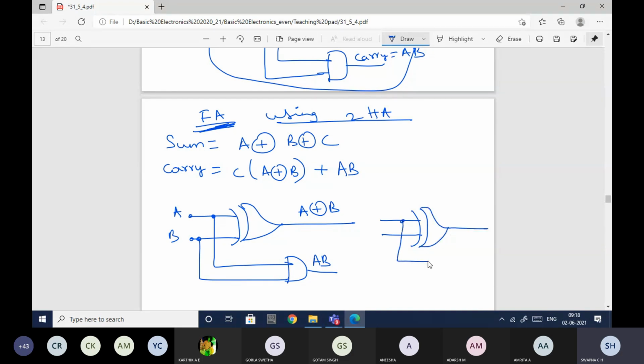So this is one more half adder, but I need to see what I need to connect here. I have to just check. To this I need to give something so that I will get the sum and also the carry. Can anybody tell me what should be the input to the second XOR gate?